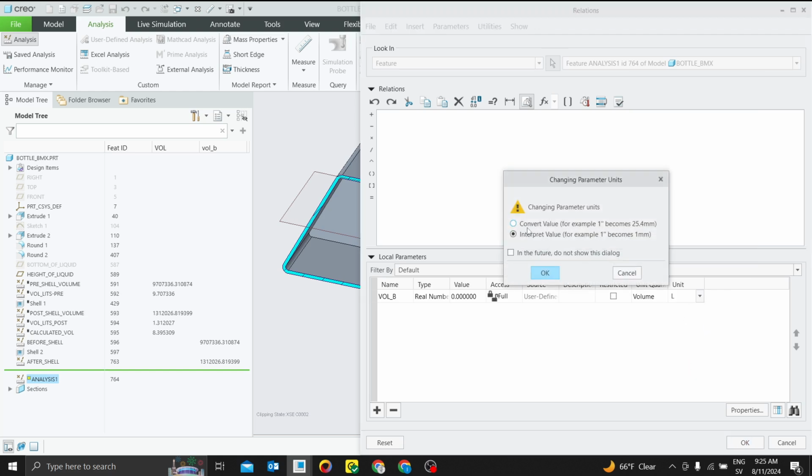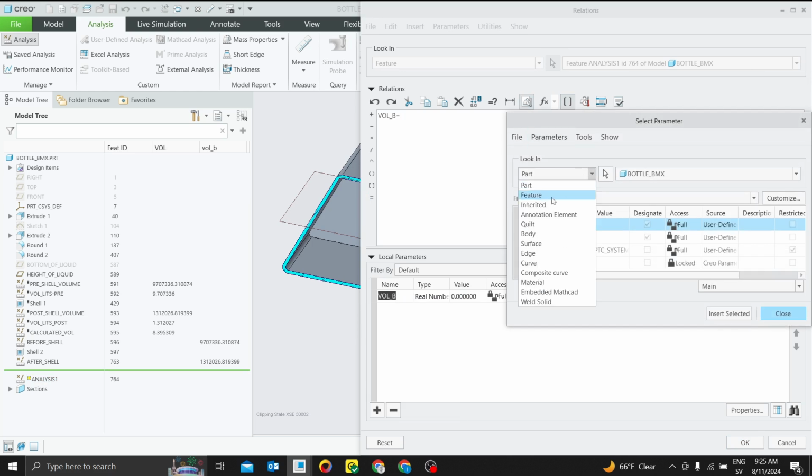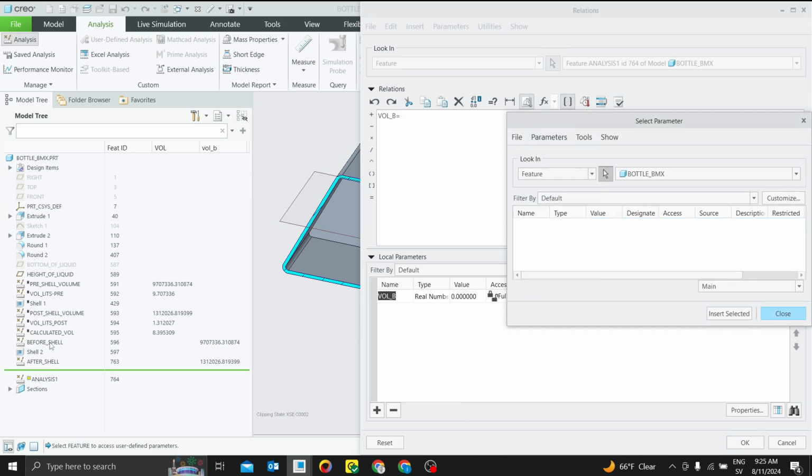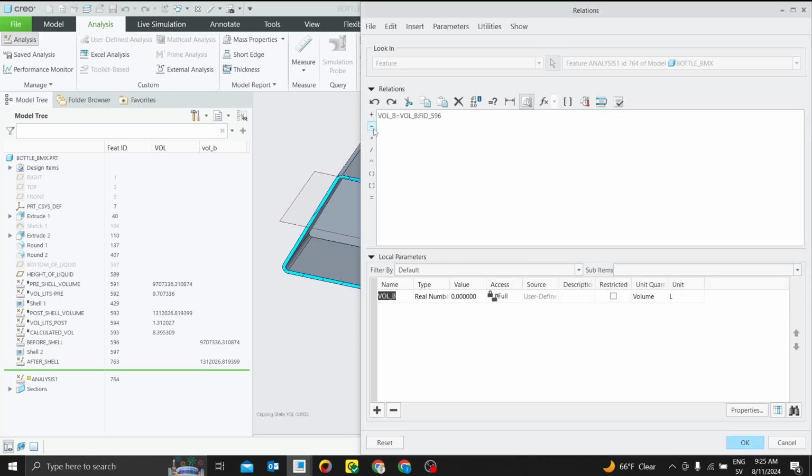Well, right now we are using millimeters cubed and convert one to this. And you can insert into relation this volume B and say this volume equals a feature which is before shell, insert, minus